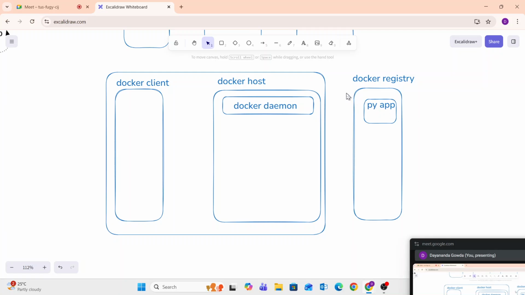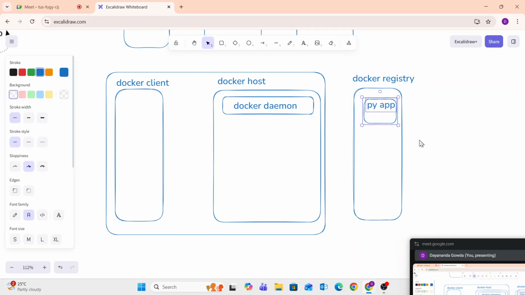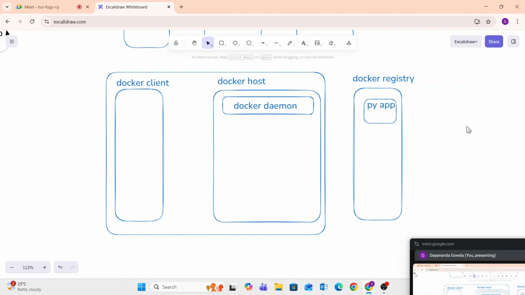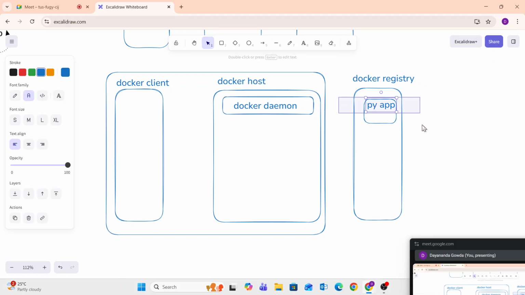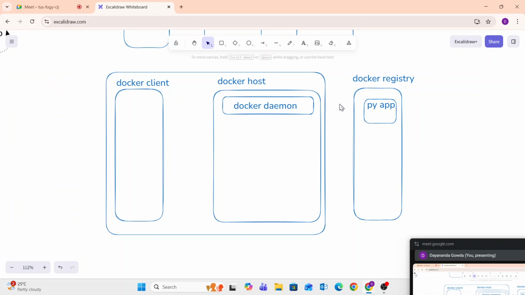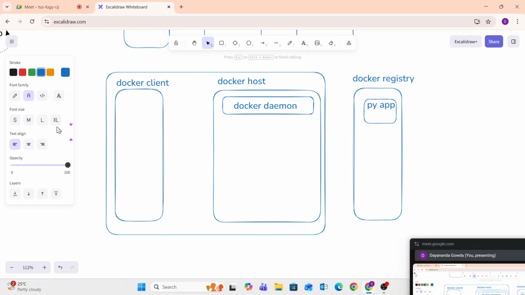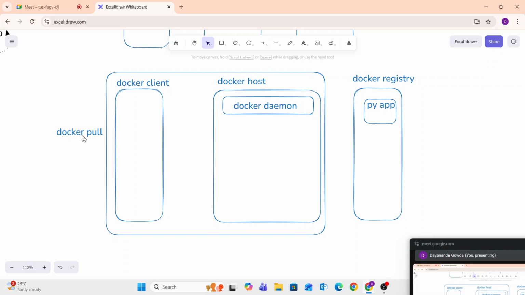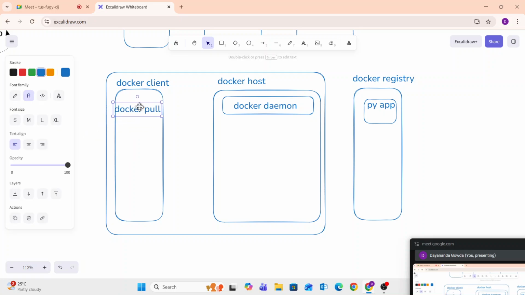So now this image is there in Docker Hub. If you want to run a container, this image is a blueprint to run a container. First you should pull this image. How can you pull this image? For this, you have a command docker pull. So you will run this command. So this docker pull command